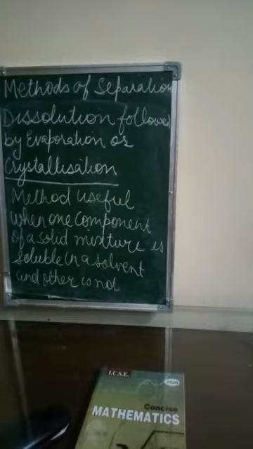Students, a purer sample of salt can be obtained by crystallization from the filtrate, and the filtrate is heated to obtain a concentrated solution. Boys, what is a concentrated solution? A solution which contains a smaller proportion of the solvent than usual. Now when the concentrated solution is left to cool slowly, the white crystals of the salt get separated. So students, this crystallization method is used to obtain a substance in a pure state.